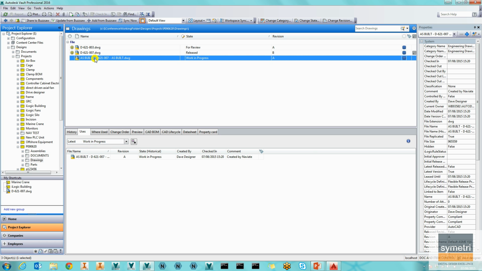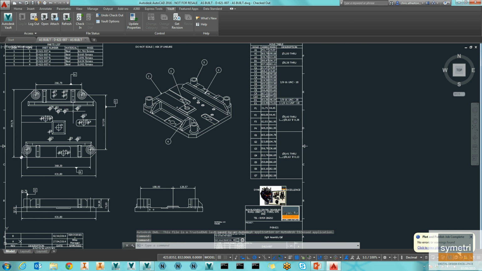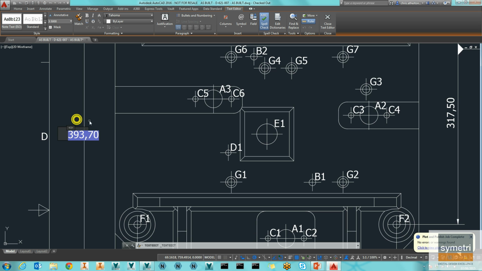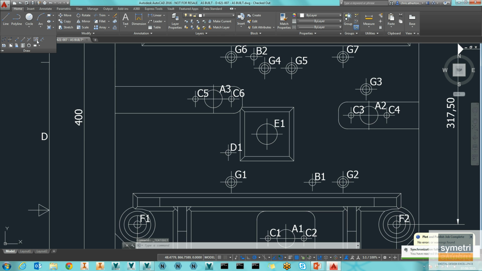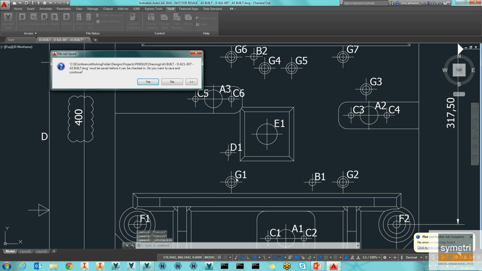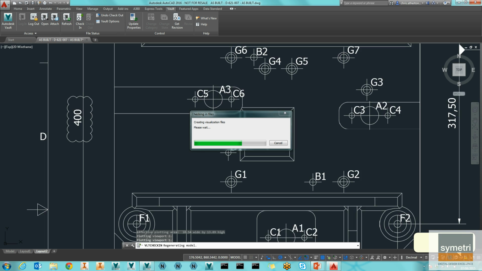Opening up my as-built, we can see that within AutoCAD, I could come in and start overriding some of that data. So I could say I want it to be 400, and maybe I want a bit of a revision cloud around this just to highlight where it is. Once done, I'm going to check this drawing in, create the visualization file. Off it goes,